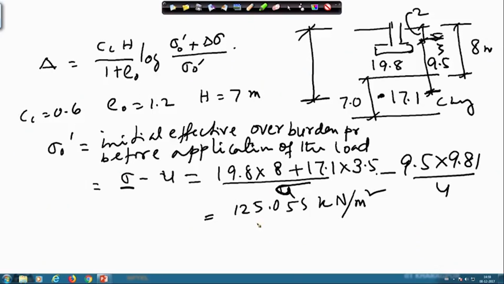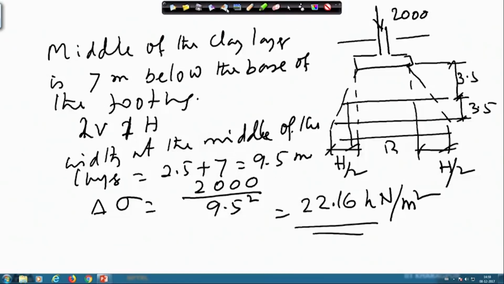So, this is the step by step procedure you have to do. To find out delta sigma, I have done the trapezoidal way quickly, but we have discussed other methods also, the Boussinesq corner formula, those things if you wish can be applied, but that will take unnecessarily long time. When you do it in the office for design purpose they can be used, but when solving a problem in the classroom or in the exam hall, if it is not mentioned, it is always better to use this trapezoidal dispersion method, 2